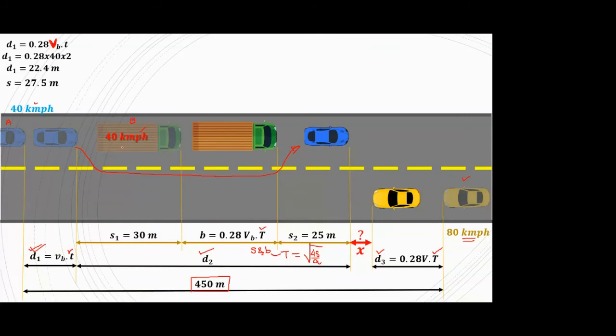The answer will obviously vary, but I have taken the liberty that as this question was asked way back in 1999, at that time there was no MCQ for this kind of question. So directly you had to write the answer. So the answer was considered to be correct if it was in a particular range. So I have taken that liberty of that range, and then I've taken S value as 27.5, which is the average of 30 and 25.